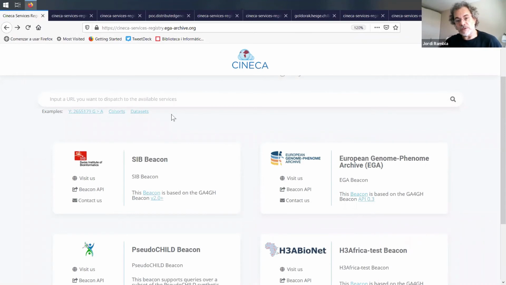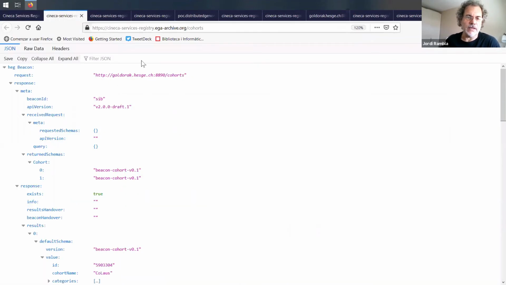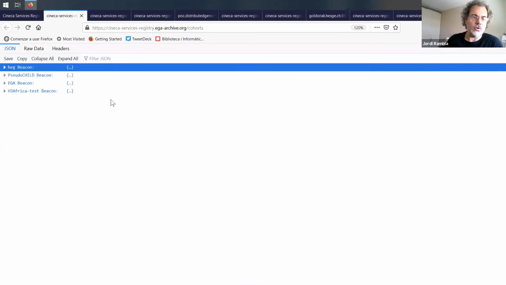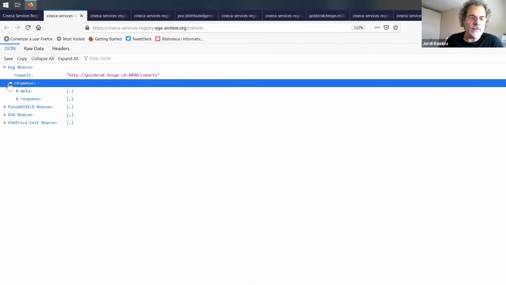Okay, so once you have the beacon registered in the service registry, you can request from this beacon some information. One of them, for example, is the list of cohorts that this beacon is providing. So you can open this in a new tab. In this case, for example, this example that we have already prepared, and you can see here the list of cohorts per beacon. So in the case of SAB, for example, we have